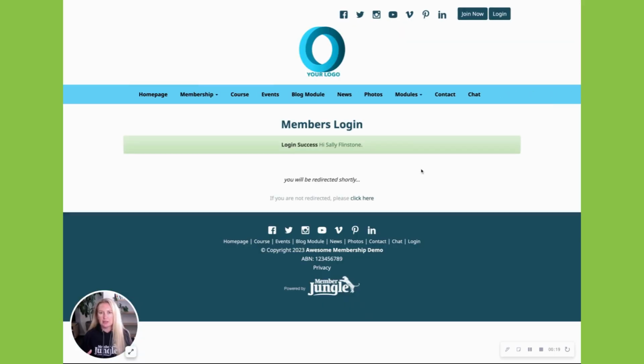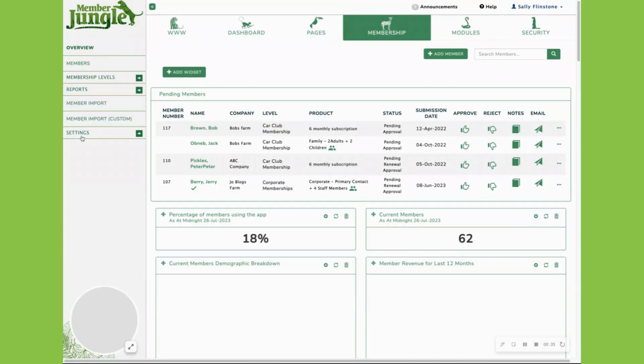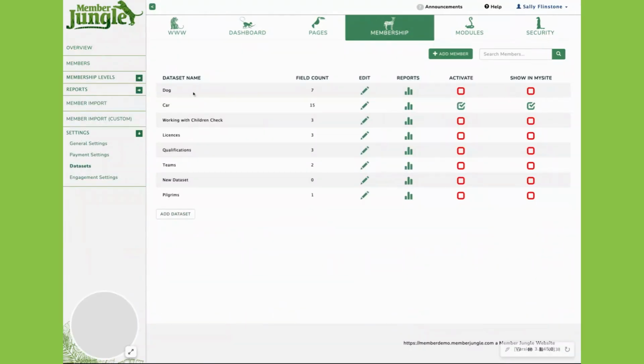The database is created so that you can configure it and customize it to suit your requirements, because we know that storing car data is very different in a lot of states and there are different requirements. Also, a lot of your car clubs have different information that they store and different processes. So if you come in under membership, and then under settings, under datasets,